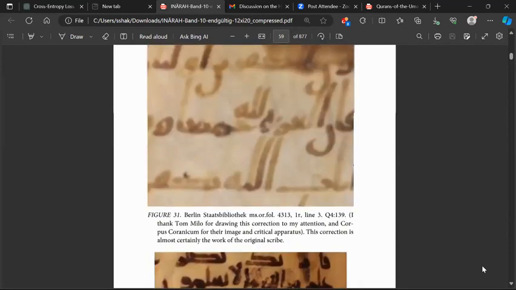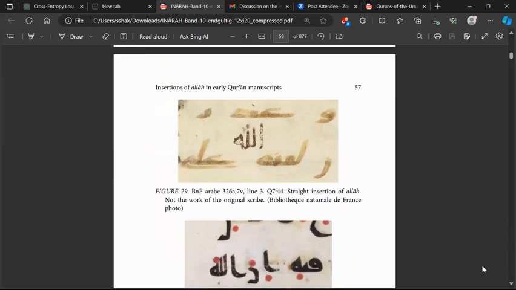So if you look at a specific example of these kind of things, why are we assuming, why is it Allah? Why do you think Brubaker is looking at Allah correction specifically? Why should we assume that there's something significant going on related to the word Allah? If there are editorial changes, why would they be concentrated around the word Allah? That's what I'm saying. Can you understand that point?